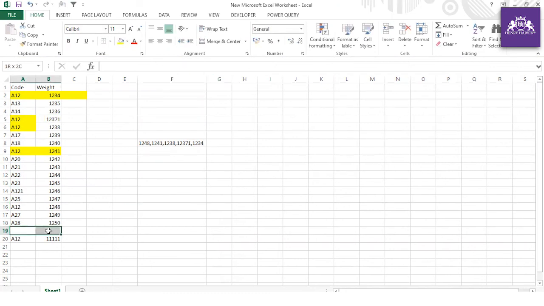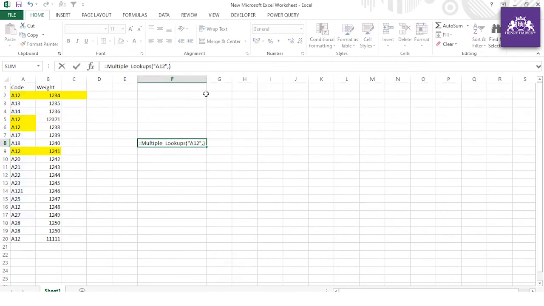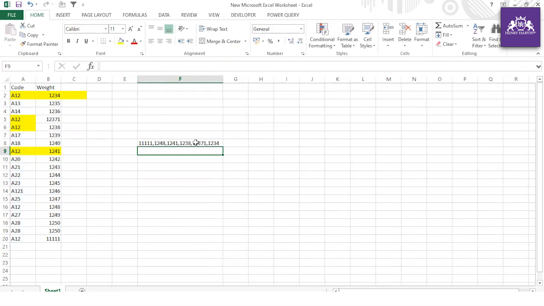So if you press Control D and see what is happening, if you refresh this, does something happen? No. So the formula is taking only up to some values, because the range we have selected is hard coded, so again you have to change or select the range. All right, so this is how the function is working.